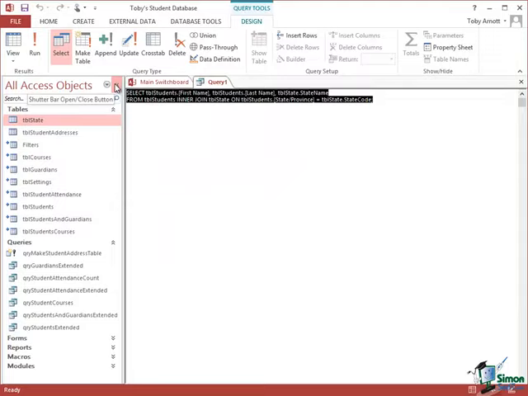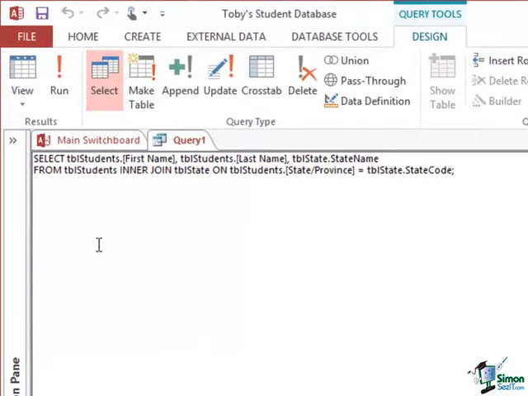The SQL says, let me just move the navigation pane out of the way, SELECT. Now of course the 3 fields we're selecting now each have to be preceded by their table name, because we've got 2 tables involved in this query. So it's first name from the student table, last name from the students table, and state name from the state table. FROM the student table, INNER JOIN the state table ON state province in table students equals state code in